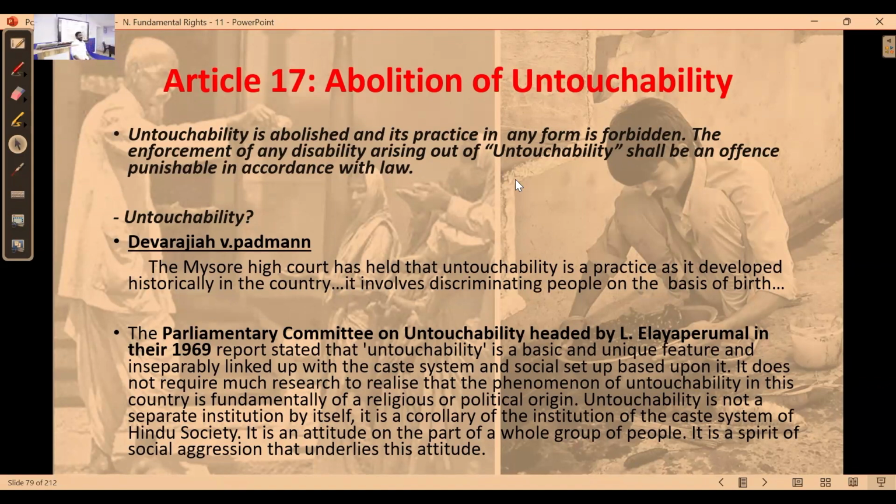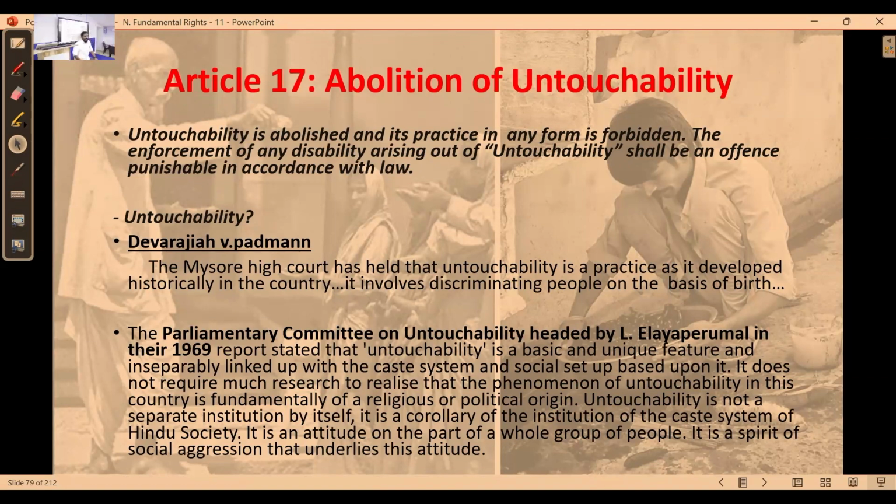Abolition of untouchability. Listen. Here itself a question is a possibility. They can ask a question which is going to be tricky. Simple question. Article 17 relates to untouchability. Everyone who studies will know. Simple. But if they ask a question, according to the Constitution,